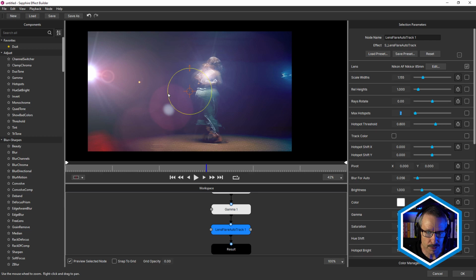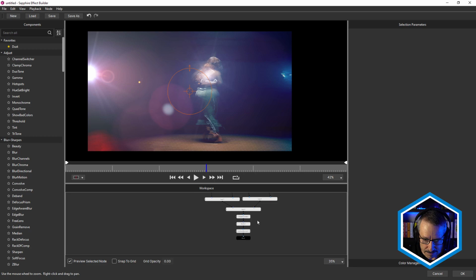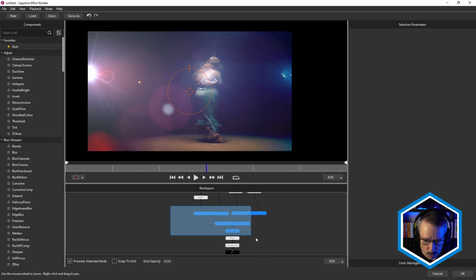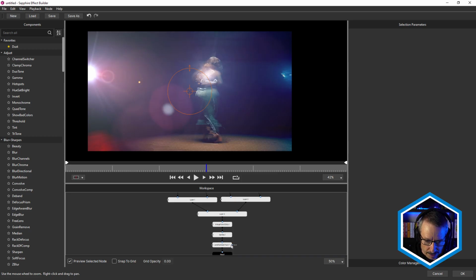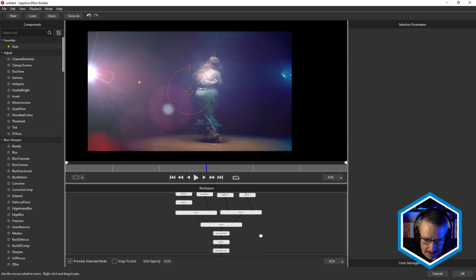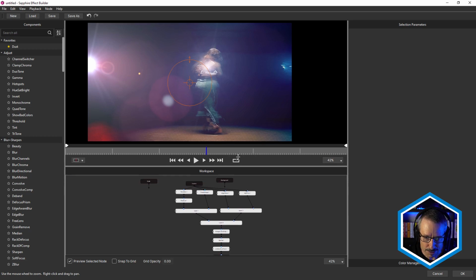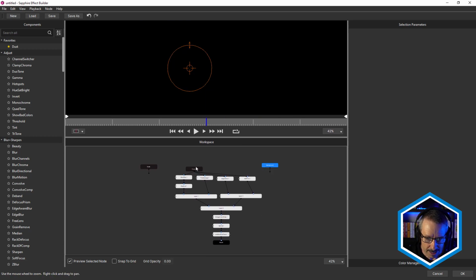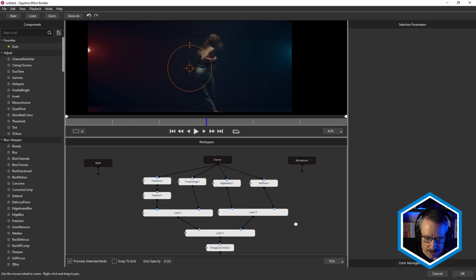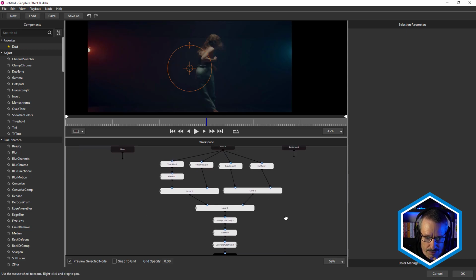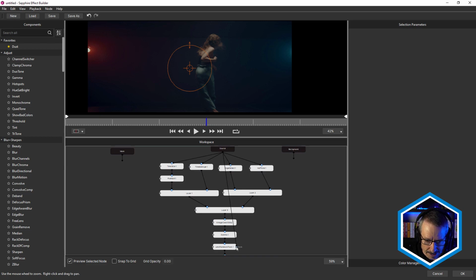And it's looking a bit weird because it's thinking that we want to put a flare on the dancer because this is where the white pixels are. So we can get around this by, just going to zoom out here. What we want to do is we want to make myself some space. We want to take the track and connect that directly to the source. I'm just going to give myself a little bit more space here and clean this up a little bit. Okay, so we're going to grab the source and connect that to the track.